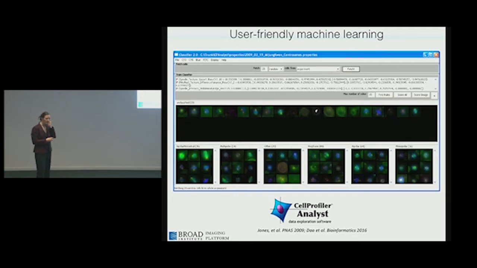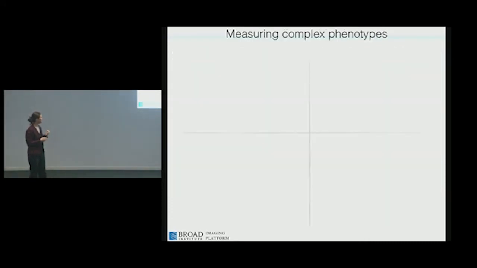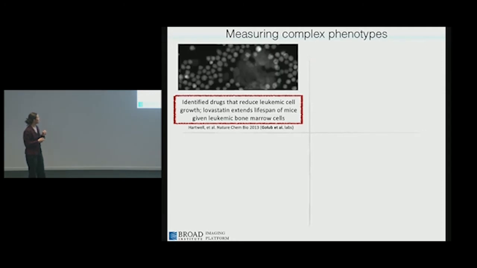This general tool, I think what we're most proud of is that it requires very little tweaking from one complicated phenotype that one person might be interested in to something that someone else might be interested in. The general pipeline is the same. You just sit down in front of the computer for anywhere from an hour to maybe an entire day if it's a super difficult phenotype. And at the end of the day, you have a system that can score your phenotype as well, usually as well as you can. And so some projects that we've tackled using this have allowed us to interrogate some more